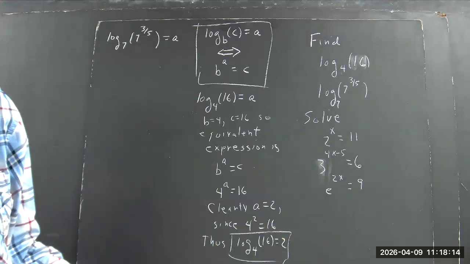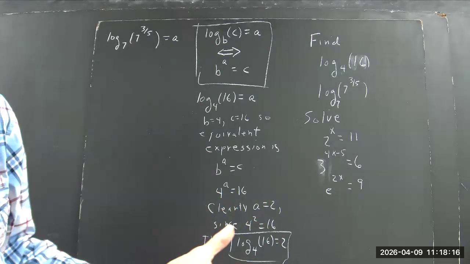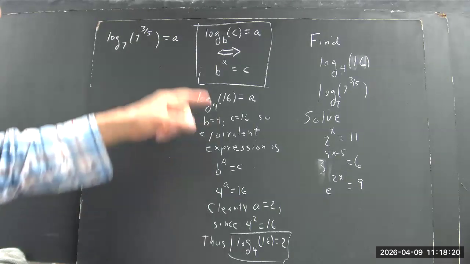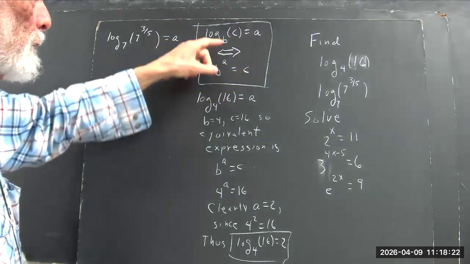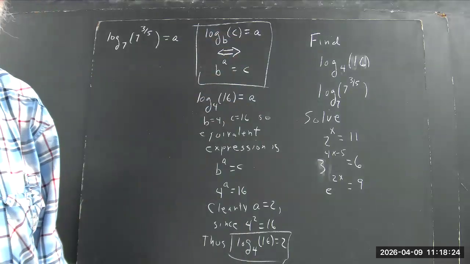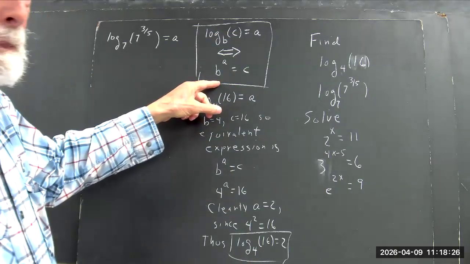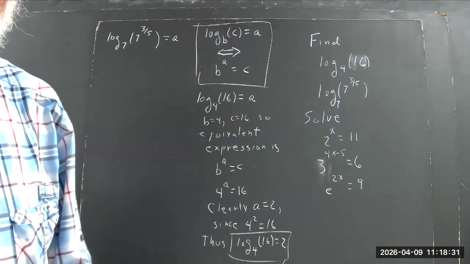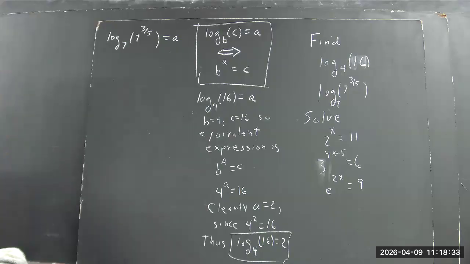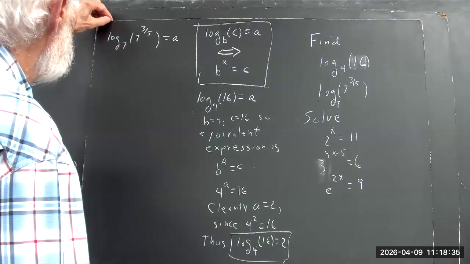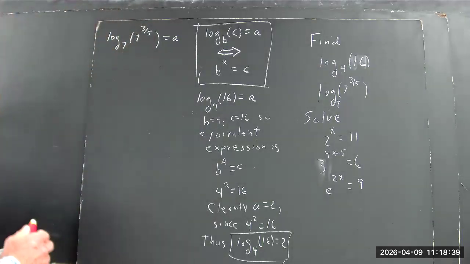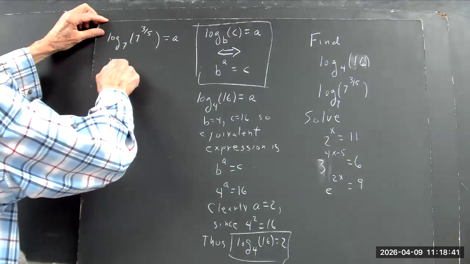Now, you might be using a different form. The forms are the same in the text, in all texts, but sometimes there are different letters used other than a, b, and c. I use b for the base, then I just use a and c arbitrarily for the other symbols. Okay, log base 7 of 7 to the 3/5 equals a means